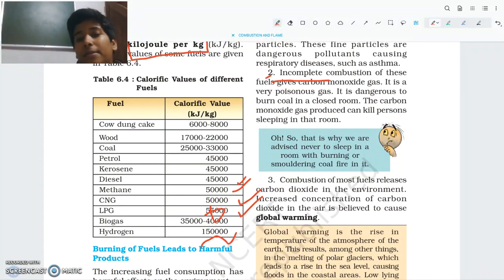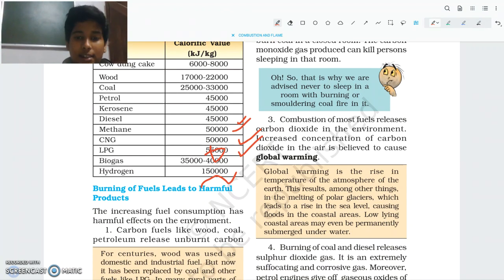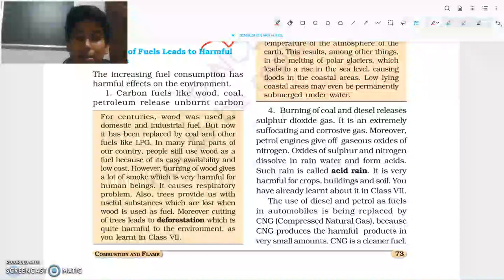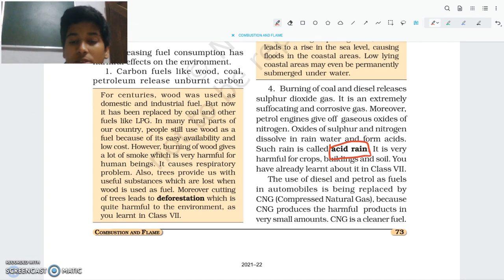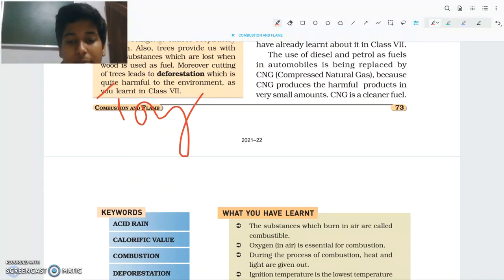Incomplete combustion could produce carbon monoxide gas, so we should not close all our rooms, and ventilation should be there, or else we could die. Okay, so we have harmful products like carbon dioxide and carbon monoxide, and when they go into the air, they combine with the clouds and form acid rain, and that acid rain can cause yellowing of the white marble of the Taj Mahal. It could damage our trees, it could damage our monuments, everything. So we should stop this, and there was a committee, the Taj Mahal committee, to stop this. Okay, so that was the Taj Mahal committee.